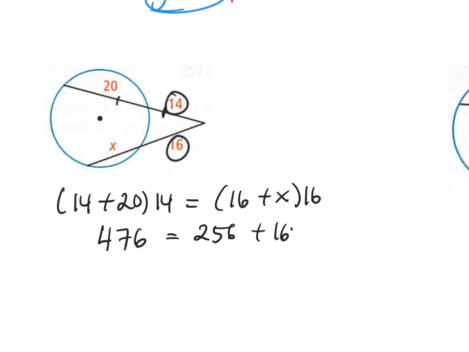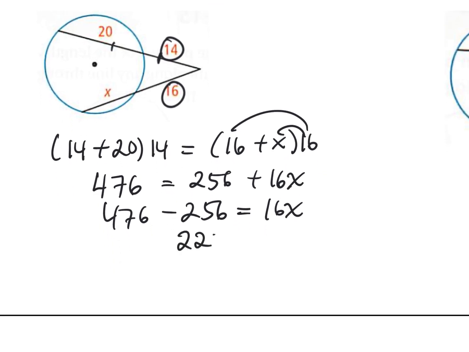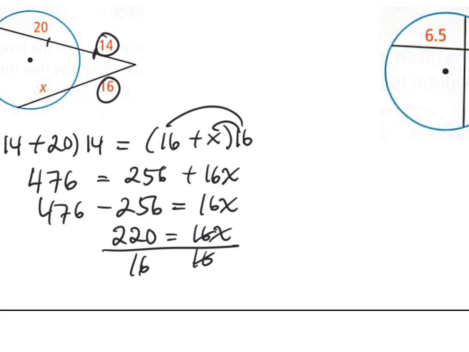plus 16x. Okay, we distribute that. Now 476 minus 256 is equal to 16x. Okay, 476 minus 256 is going to give you around 220. It's equal to 16x divided by 16 both. Therefore my x here, okay, I'll write it here. Okay, 220 divided by 16, it's going to give you